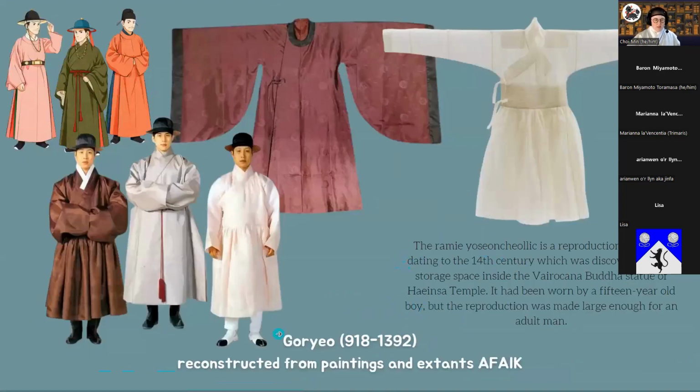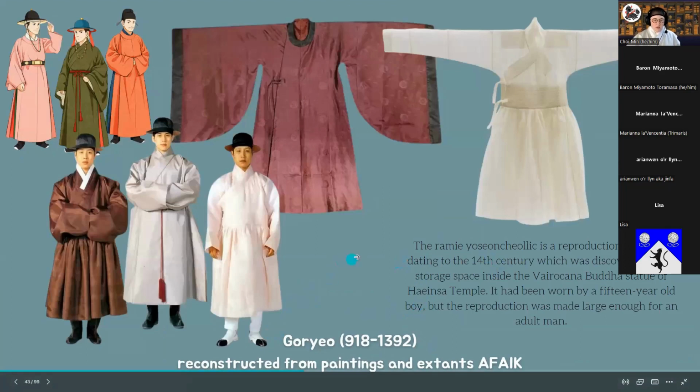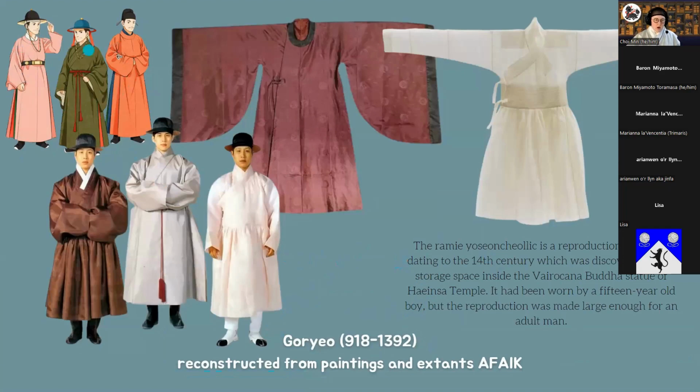Here's some men's clothes, and these are the later period ones, so post Yuan Dynasty. Here's Glimja's art again. Here are some reproductions. They're mostly like this, with the skirt here, and these two would be called choliks. This is a cholik that is a reproduction of an extant piece from the 14th century, but it's been upsized.